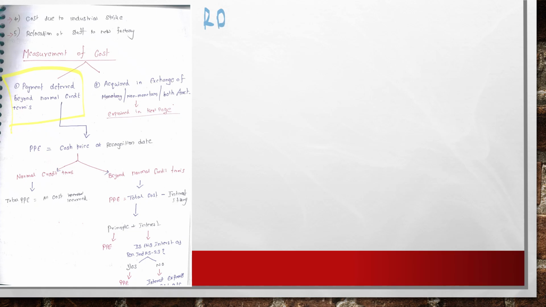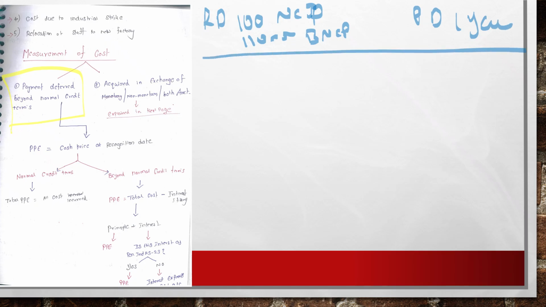Recognition date, payment date, and year: 100 crores and 110 crores for the normal credit period and beyond the normal credit period. And then the payment date would be after 1 year. So what we need to do? First, we need to account on day one the initial cost, the PPE